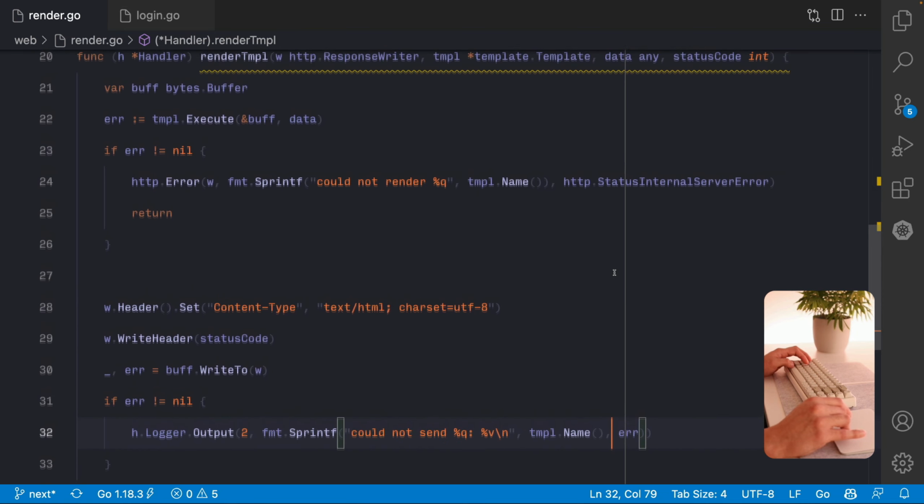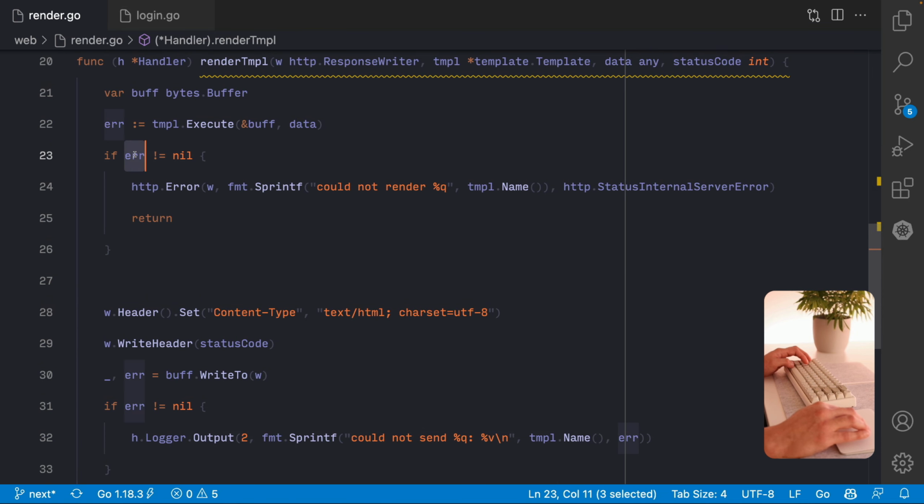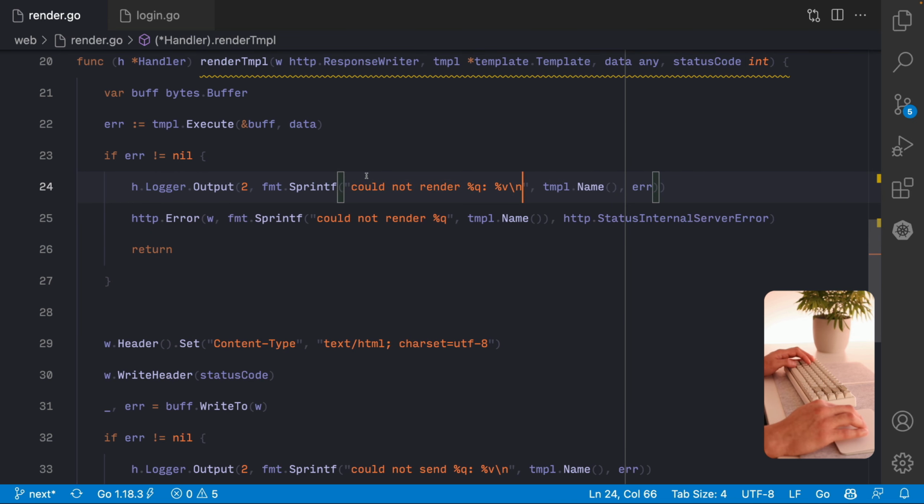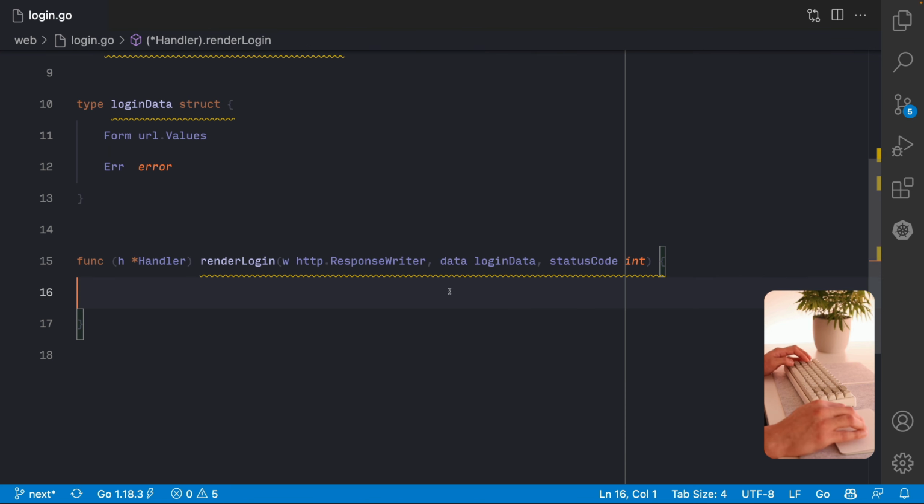We're gonna also log the error here. Notice that we are not doing anything with this error, because this error can contain some details that we don't want to share with the user. And now we can log the error for us. Okay, so now we can go to the render login function and use this render template function.